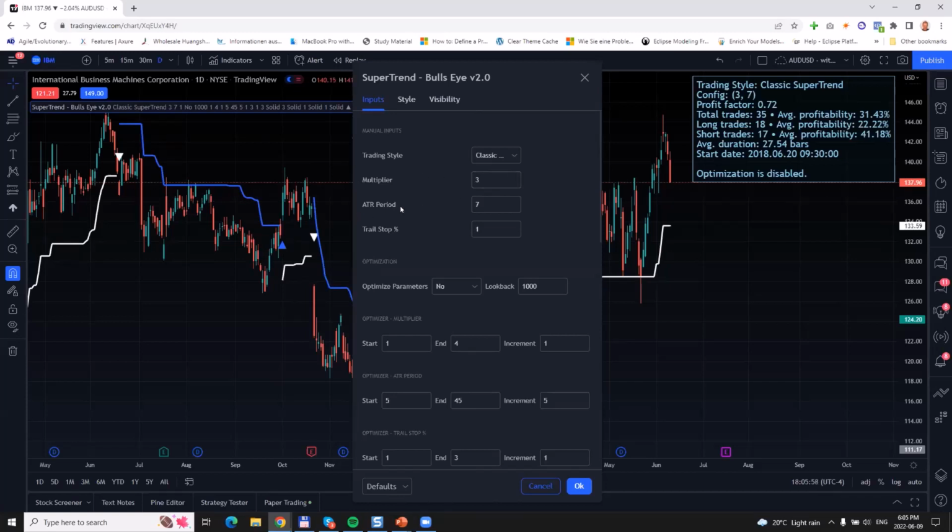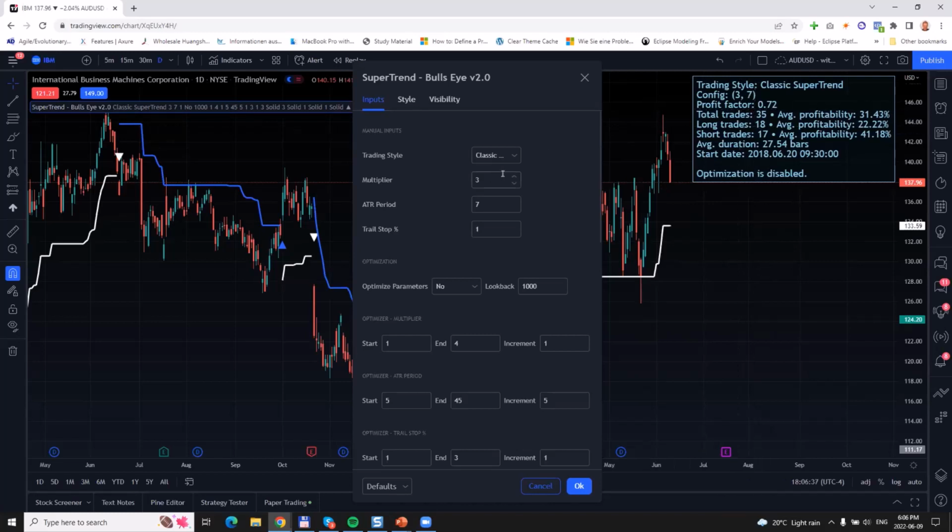Well, this used to be up for guesswork up until now, because our Super Trend Bullseye indicator has a built-in statistics panel, which you can see here, which will give you a wealth of information. It will show you how many trades were taken, how long was the average duration of a trade, and what was the profit factor. If you're familiar with the profit factor, you may know that a profit factor above 1 indicates a potentially profitable trading system, and a profit factor below 1, a potentially unprofitable trading system. And in general, the higher the profit factor, the better it is.